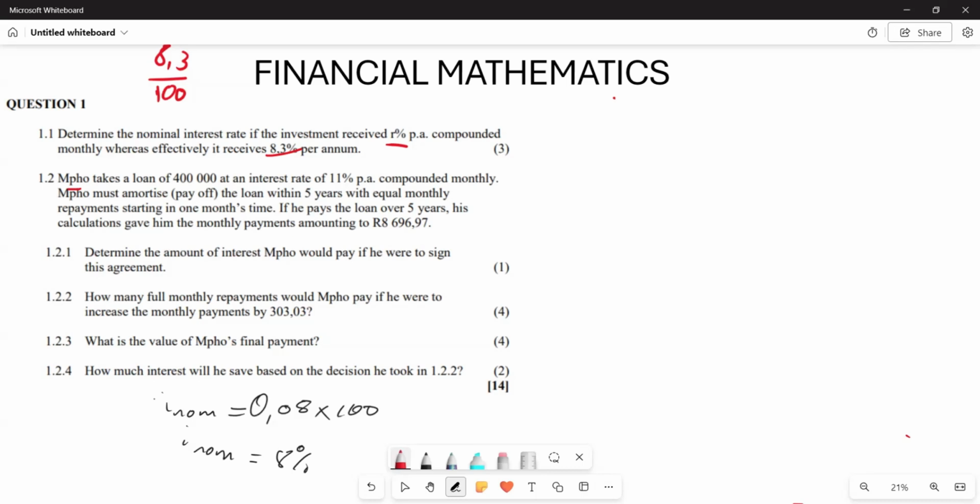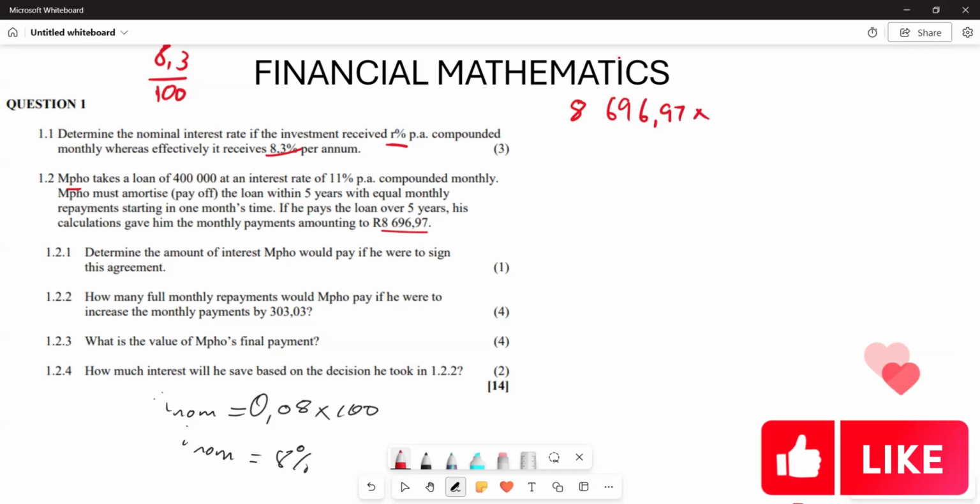So from here, what is it that you are given? Remember, they want to determine the amount of interest that is going to be paid. So you take the monthly payment, 8,696.97. Now if you multiply this by 60,